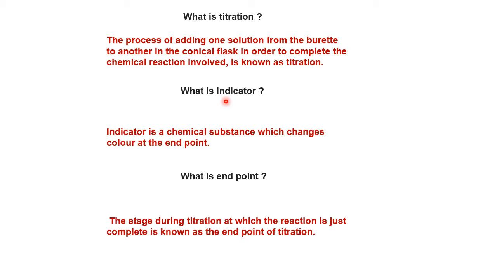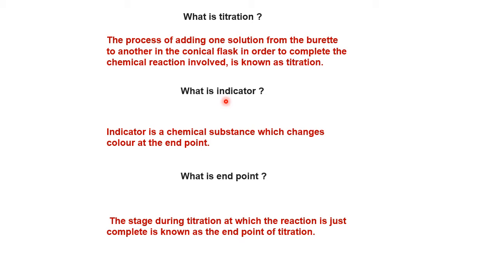So in the acid, the color of the litmus is what? Red, whereas in the base, the color of the litmus is what? Blue. So base changes the red to blue, whereas acid changes the blue to red. So an indicator is a chemical whose color is known either in the acid or in the base. It gives indication. An indicator is an indication that the reaction is over by the color change.